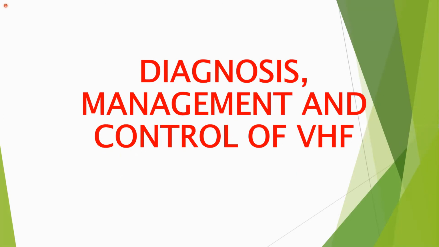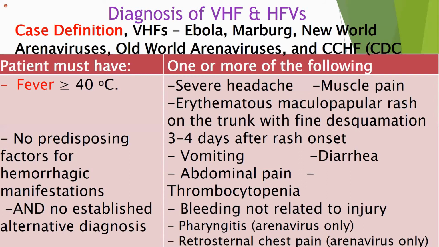So, diagnosis, management, and control of viral hemorrhagic fever. The patients must have high-grade fever, no predisposing factors for hemorrhagic manifestations, and no established alternative diagnosis. Along with that, there are also signs and symptoms of severe headache, muscle pain, erythematous maculopapular rash on the trunk with fine desquamation. And after the rash, there is vomiting, diarrhea, abdominal pain, thrombocytopenia, bleeding which is not related to injury, the